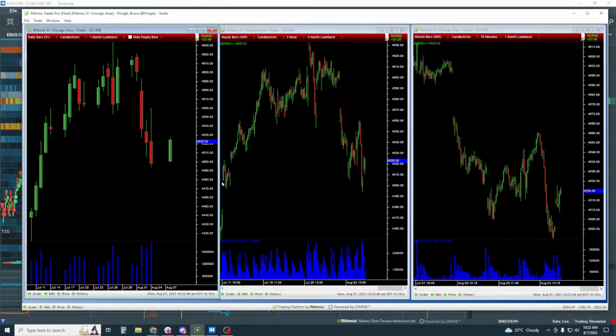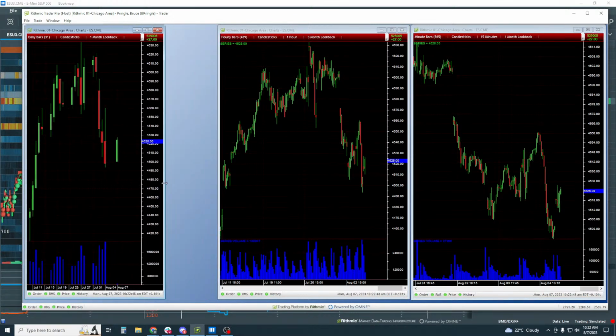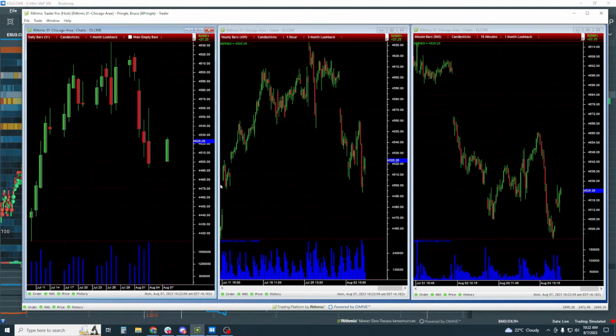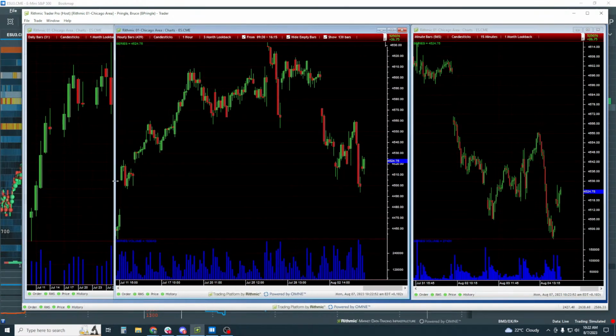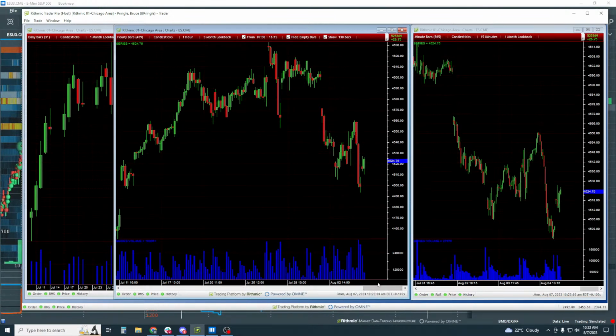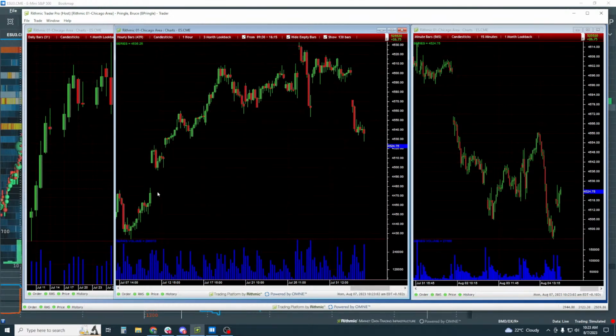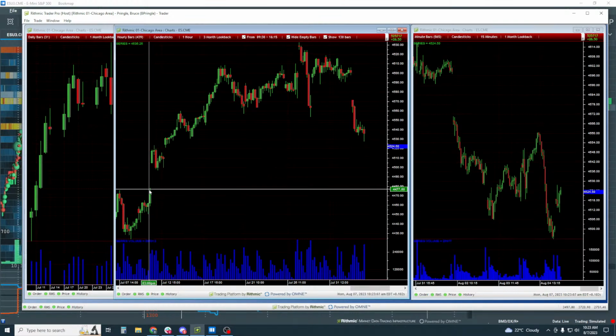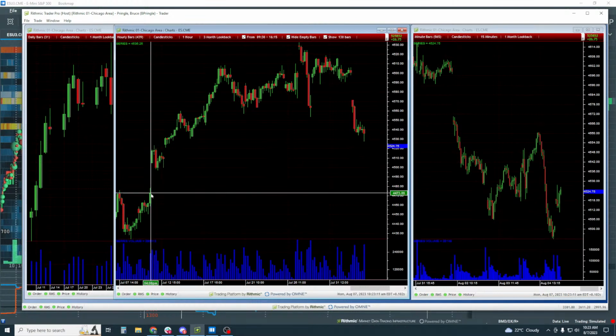And get some insight. The hourly is actually pretty interesting because we've been looking at these gap fills in here. We noticed that gap fill last week, beautiful, and that's when we got the rebound. And you can see here we have another gap on the higher time frame. This goes back to July 7th, somewhere around there.